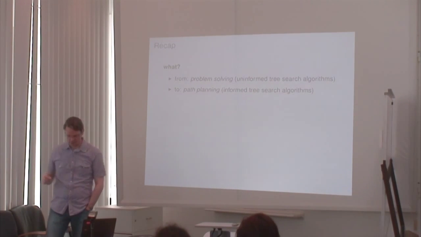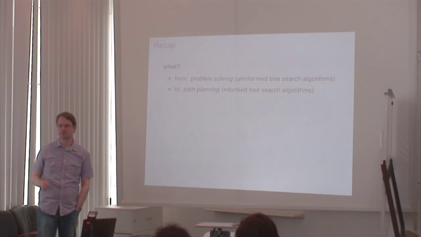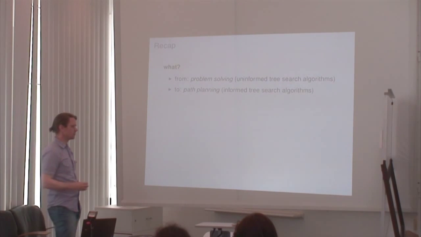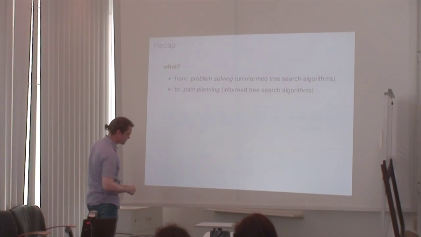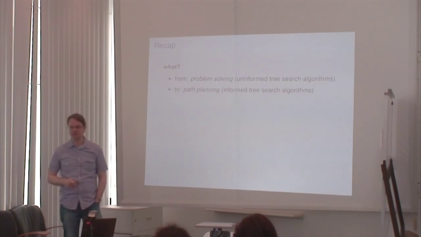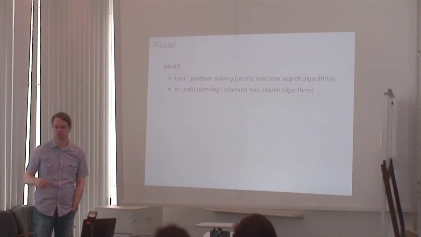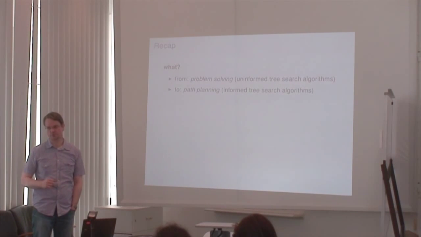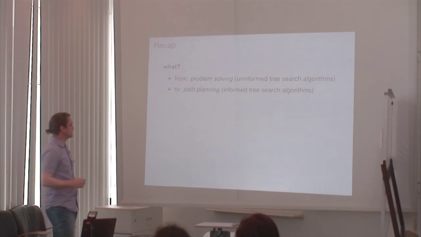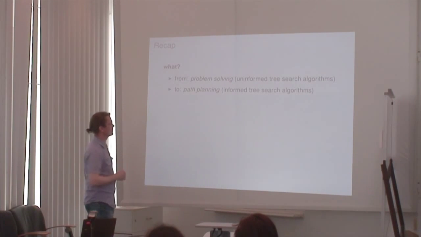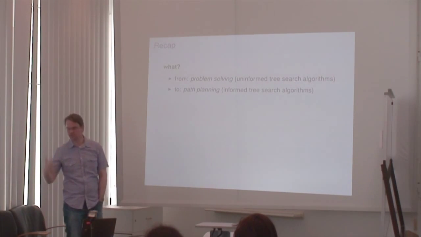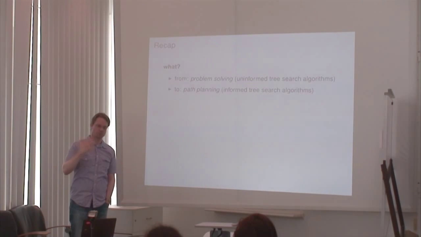We looked at the notion of uninformed tree search. We looked at the notion of randomized tree search, in particular Monte Carlo tree search techniques. And then last time, we looked into the notion of informed tree search. And in particular, we considered the problem of informed tree search by means of the example of the problem of